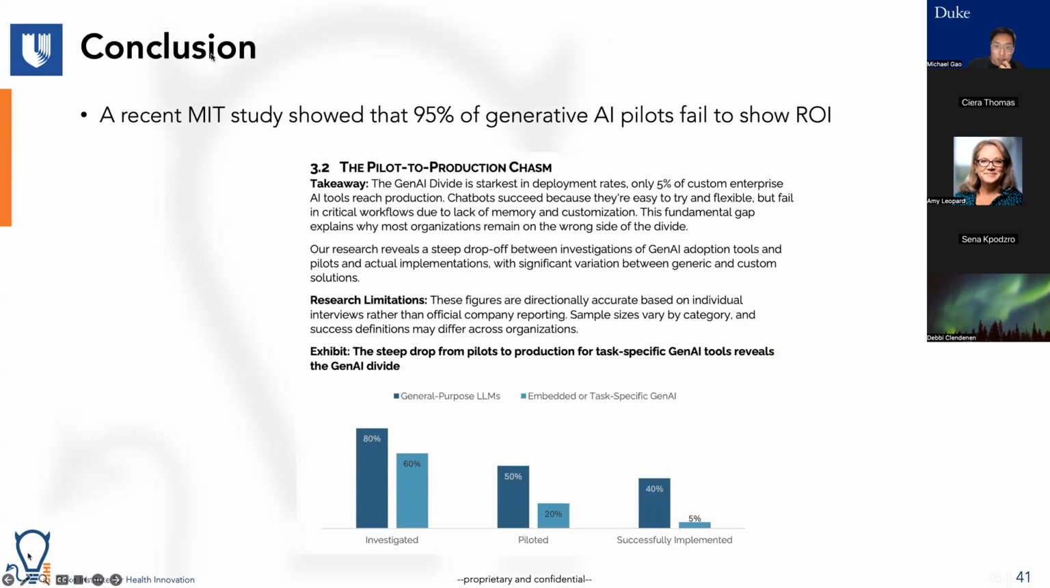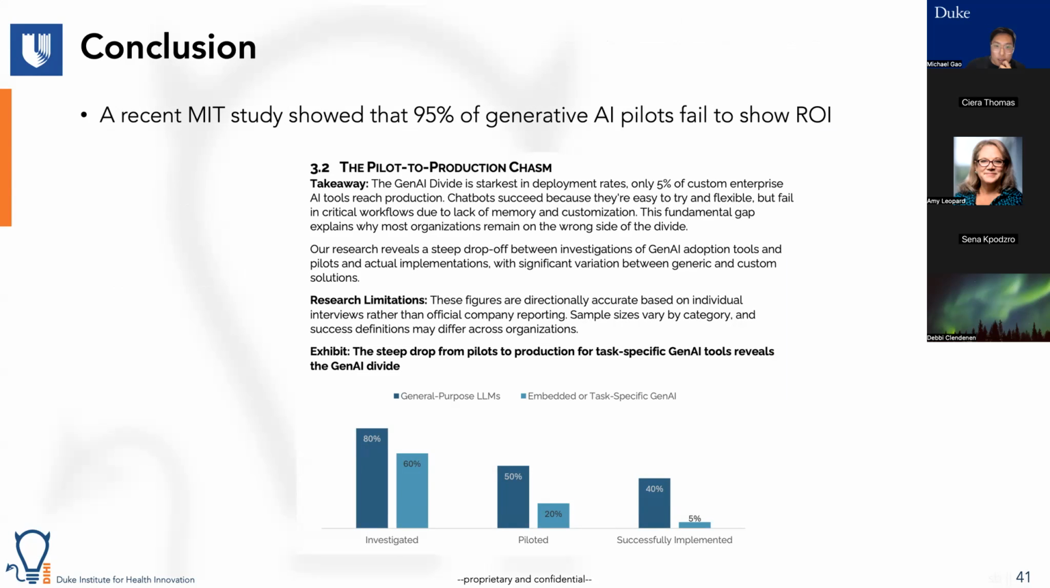So I'll end with this, and then I'll answer a few questions that came up in chat. But I think maybe a lot of you have seen that 95% of generative AI pilots fail to show ROI. This is a recent MIT study. I think there were a lot of methodological choices that were made, so this is maybe a sensationalized headline. But this is a very real thing here, which is there exists a pilot to production chasm,